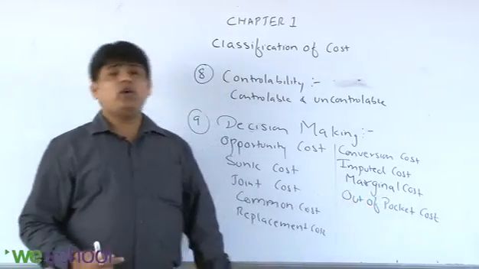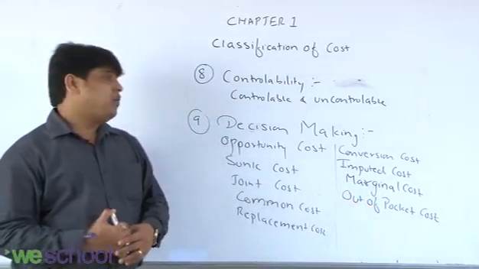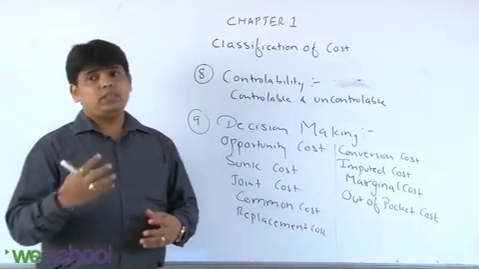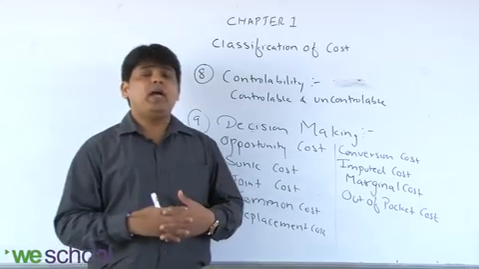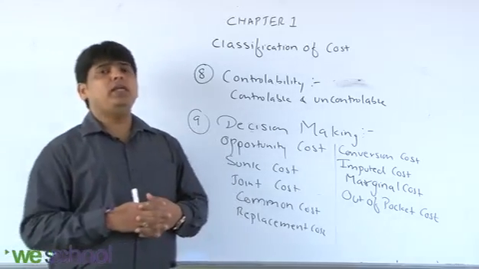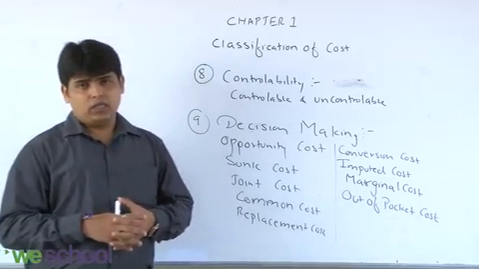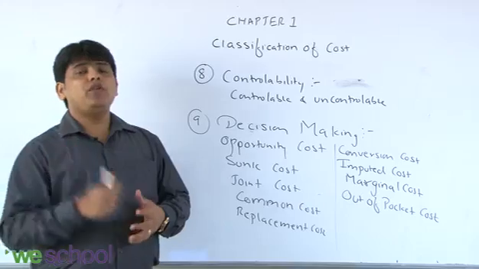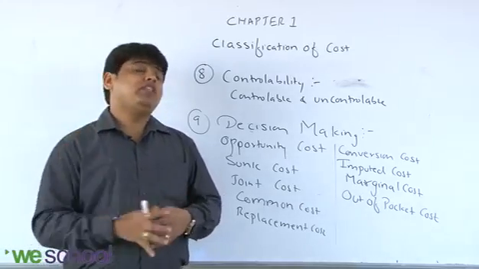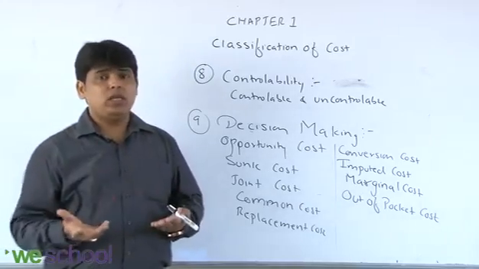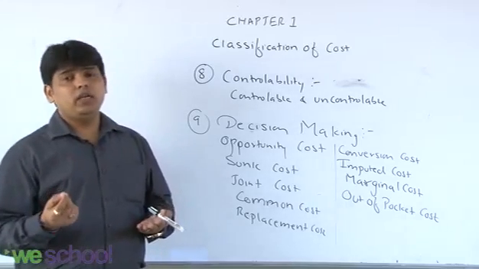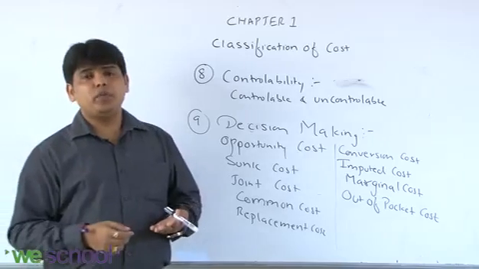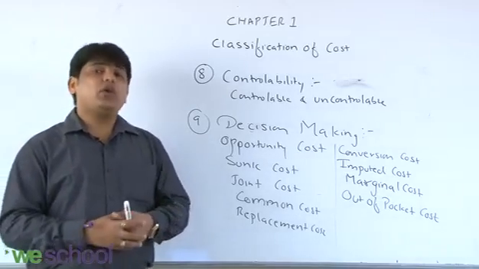Now what is out of pocket cost? I will give you an example. Suppose you go to a hotel and have refreshments with your family and it costs you 1,000 rupees. While paying the bill, you will not pay 1,000 rupees, you will pay 1,050. The 50 rupees is the tip which you give, which is out of pocket, because the cost is 1,000, but just to show a gesture towards the waiter, you give him 50 rupees as a tip. That is called out of pocket cost.